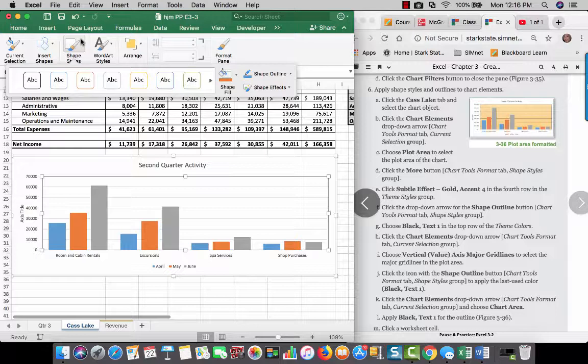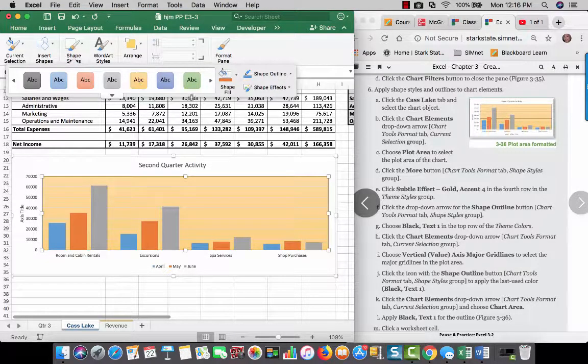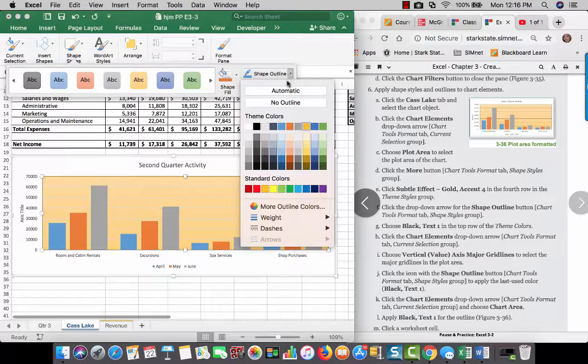Styles. Subtle effect gold. Shape style, subtle effect, gold accent 4. So that applied that. So then we're going to do shape outline, and we're going to say black text 1,